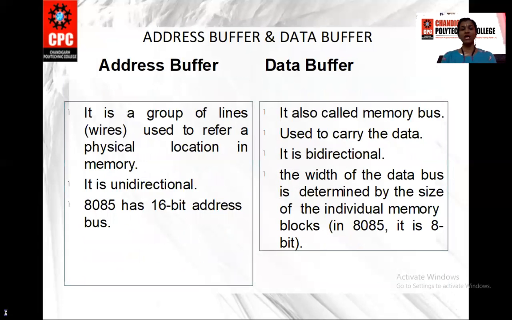Next will be your address buffer and data buffer. Address buffer is used to store the address and data buffer is used to store the data. In the diagram, we have mentioned 2 buffers, address buffer and address data buffer. And there are 2 lines, A8 to A15 and AD0 to AD7. That means, as I said, there is an address of 16 bits in 8085. So what we do in 8085, we divide the 16 bits of address into 2 parts. That means it will become A0 to A7 and A8 to A15.